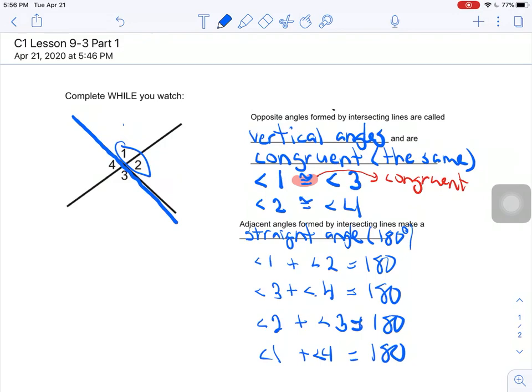Those are the different angle relationships that you can form by intersecting lines. You can form vertical angles, which are those angles across or opposite from each other that are congruent, which means they have the same measure. You can also match up all of the different pairs of angles that are next to each other, or adjacent to each other. And all of those pairs of angles next to each other with intersecting lines will always make a straight angle, so they'll always make